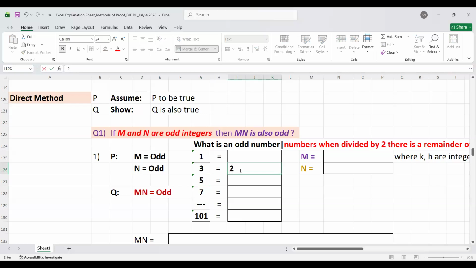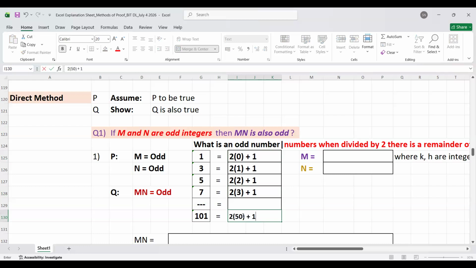So 3 can be written as the number 2. You said when you divide by 2, it will go in there 1, and then there's a remainder of plus 1. This is what you said. 2 times 1, plus 1 will give you 3. When you take the number 5, 2 can divide 5. It will go in there 2 times, and the remainder will be 1. When I take 7, I know 2 can go into 7. That is 2 times 3 is 6, and the remainder is 1. Therefore, the number 1 can actually be 2 times the number 0, and then I'll add 1. If I take a very big number like 101, I know it will be 2 times 50, and then the